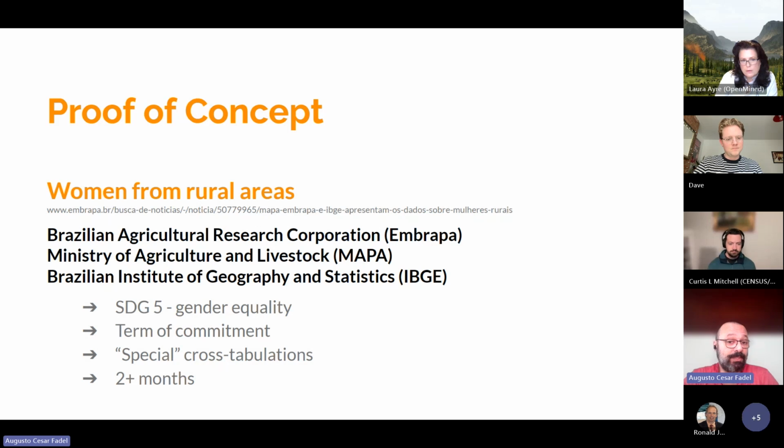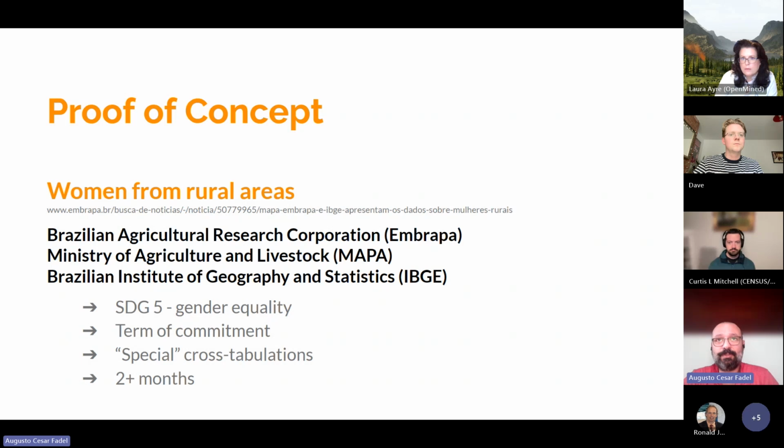And the output the researchers were looking for were just special cross-tabulations that were not available in our user interface. And even after the term of commitment was signed, it took us more than 2 months to